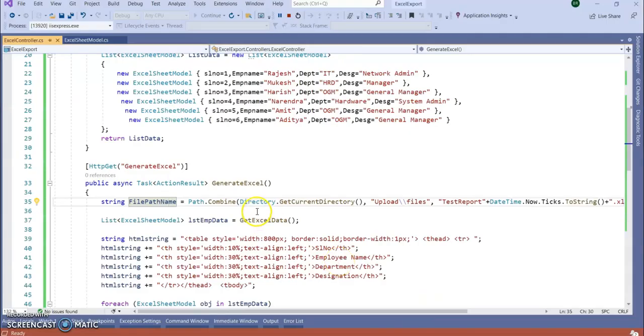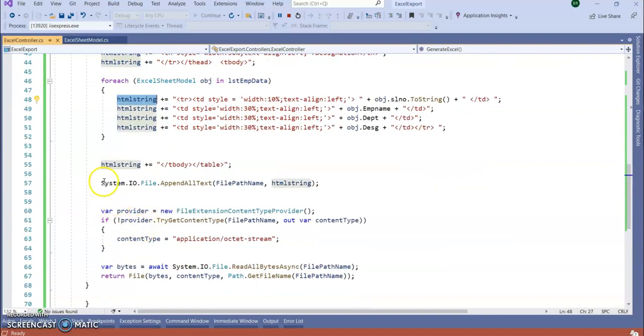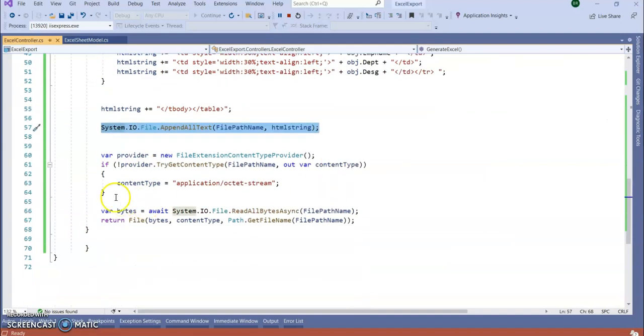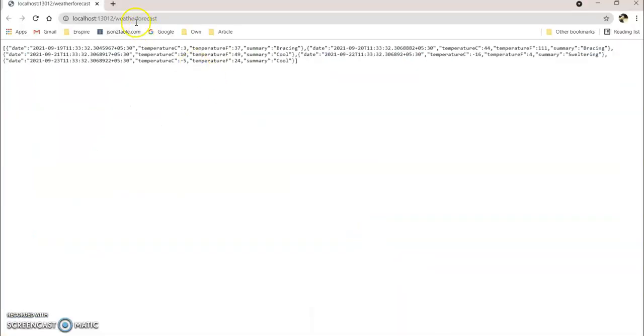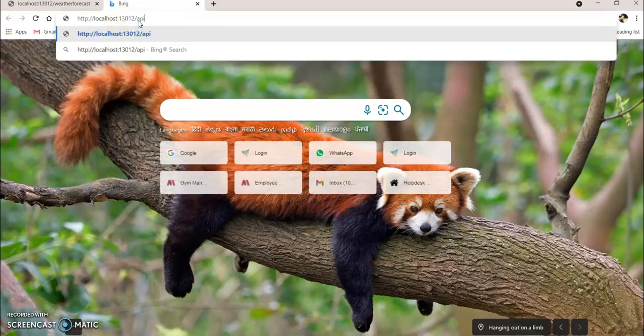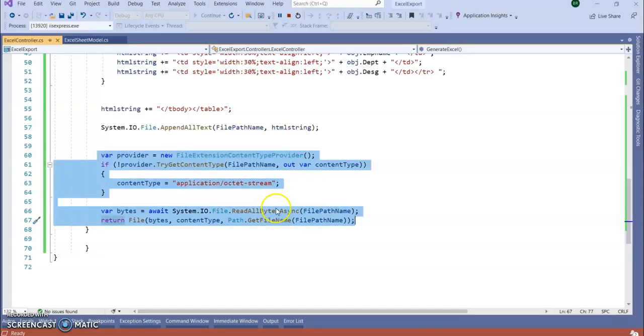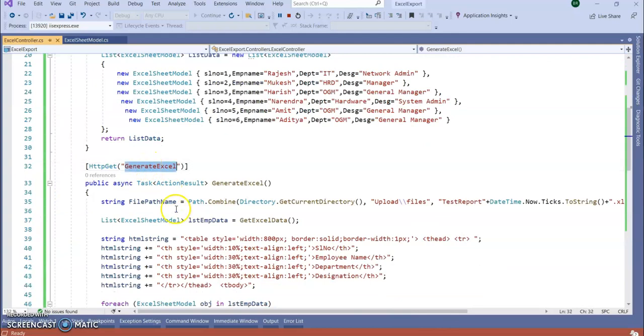We have simply bound this HTML string into a string variable, written it to a file and returned the file to the client side. This is my API URL. It will be API slash Excel, which is my controller name, and my API name is GenerateExcel.